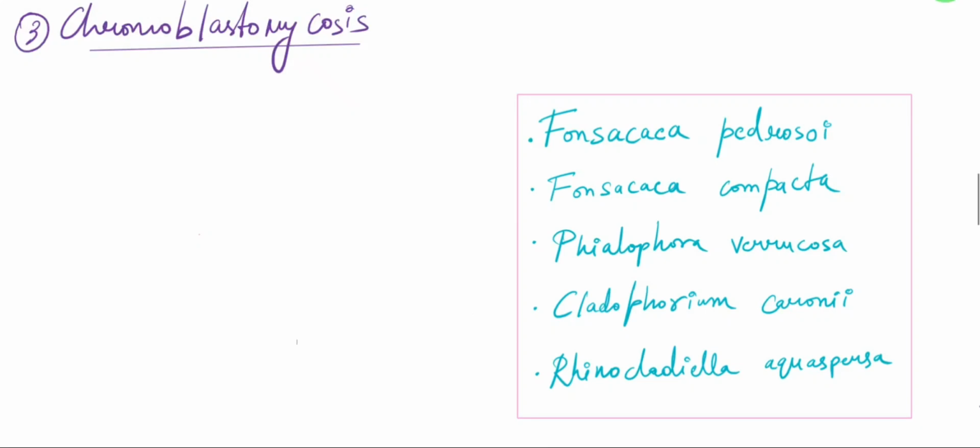Okay, so now we are going to start with chromoblastomycosis, which is another type of subcutaneous mycosis. Right, so let's see what chromoblastomycosis is. It is a chronic and slow growing subcutaneous infection. Again, it's a lazy kind. It is a slow growing subcutaneous infection which is caused by